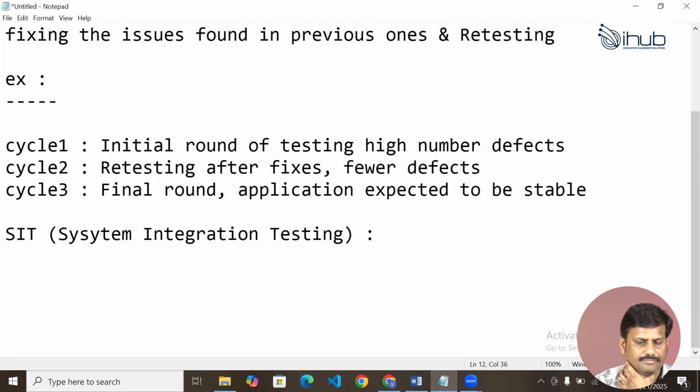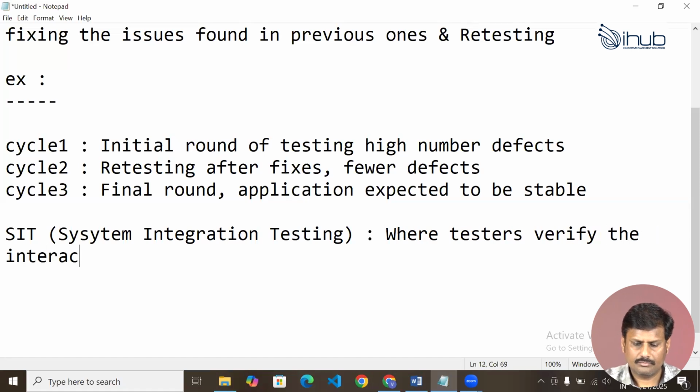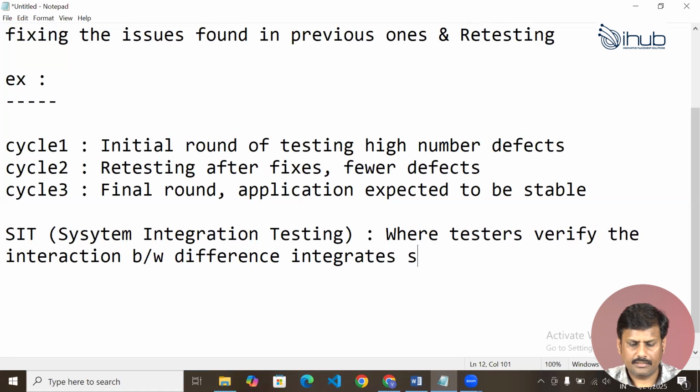So where testers verify the interaction between different integrated systems or modules.